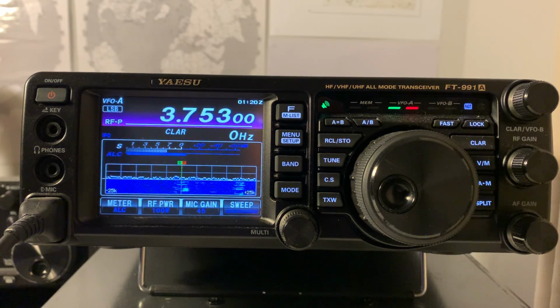I won't say who he is or what his call sign is, because he hasn't given me the go ahead to do that. And I got a price for it that I was actually very happy with. In fact, another member of the club had an original 991 and sold it, and I got basically exactly what he got for his. So I bought it second hand actually 3 years ago in 2018 from Lamco, and I paid £750 for it second hand 3 years ago. So I won't say what I got for it this time, although I was happy with what I got for it, but it just goes to show how